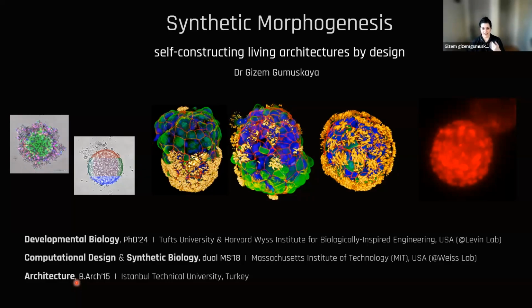Little did I know that shortly after coming to MIT, just being in Boston, I was going to meet this field of synthetic biology. And what really captured my imagination as a designer in synthetic biology is this idea that now there's a paradigm shift in how we see nature, right? We're so conditioned to see nature, at least traditionally, as this thing sitting outside, waiting to be investigated by scientists and understood and mapped. But now synthetic biology was saying that, no, it's actually an active design medium, and this is something we can